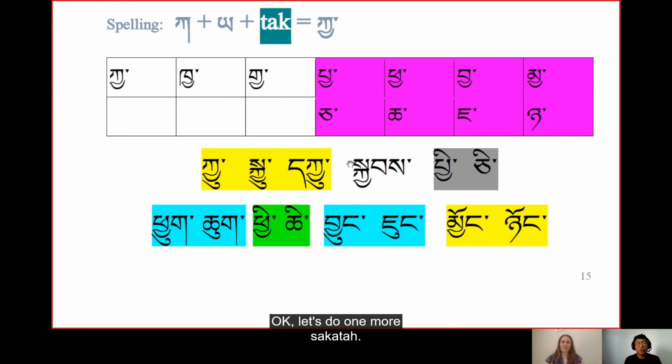Okay, let's do one more. Sa ka ta ka ya ta ya pa sa yap. Okay, it becomes yap. And Genla, because we haven't seen the stacked letters that possess the head letter and the yata or the subscript yet,